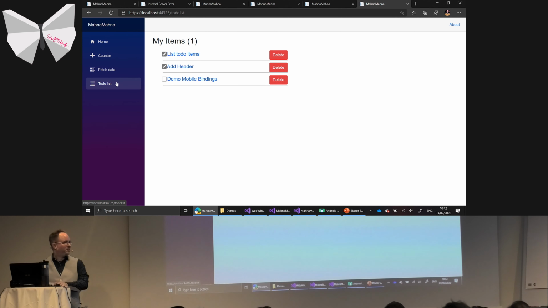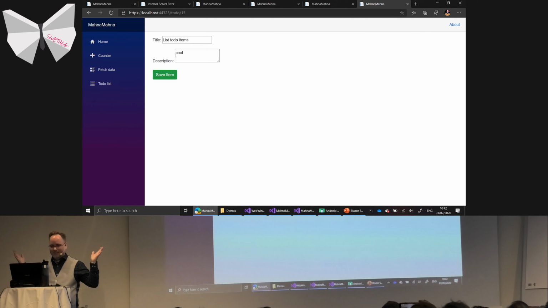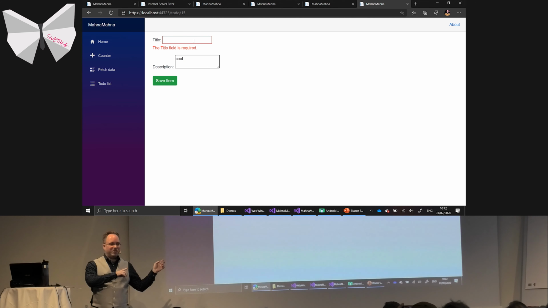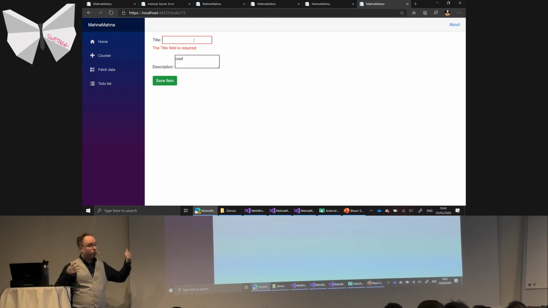are you as curious as I am? Let's see. Wow, it works. So now I can click into these different items. If I remove all the text and I tab out, I'm going to get the title is required. You remember how you did this with MVC? You needed to have JavaScript involved and you didn't know what happened. Well, I still don't know what happens, but